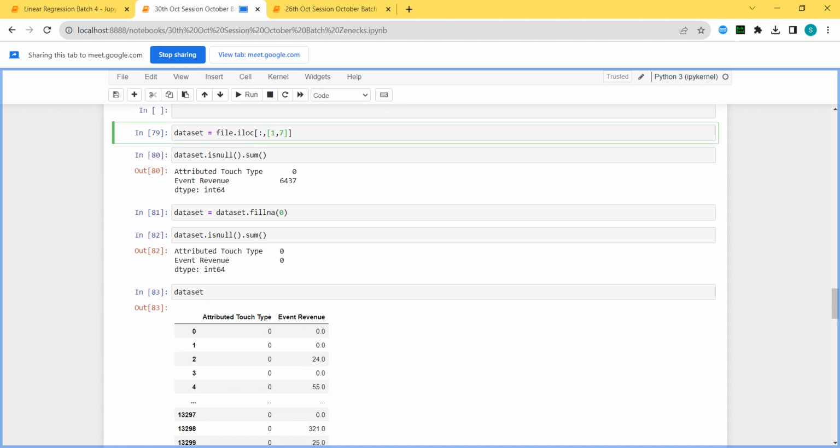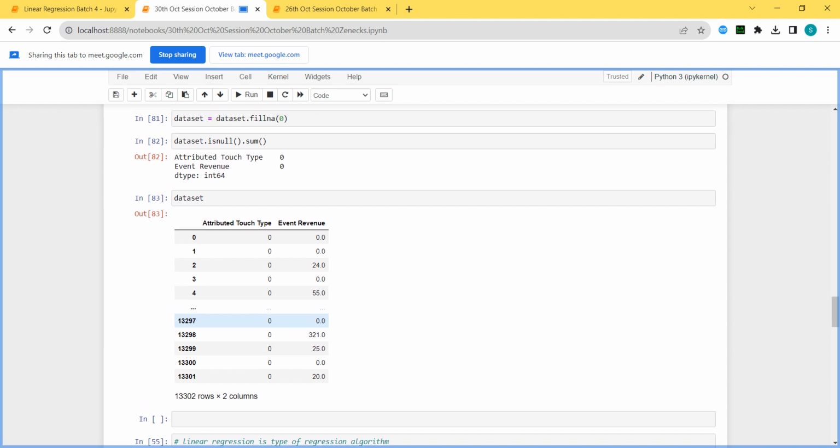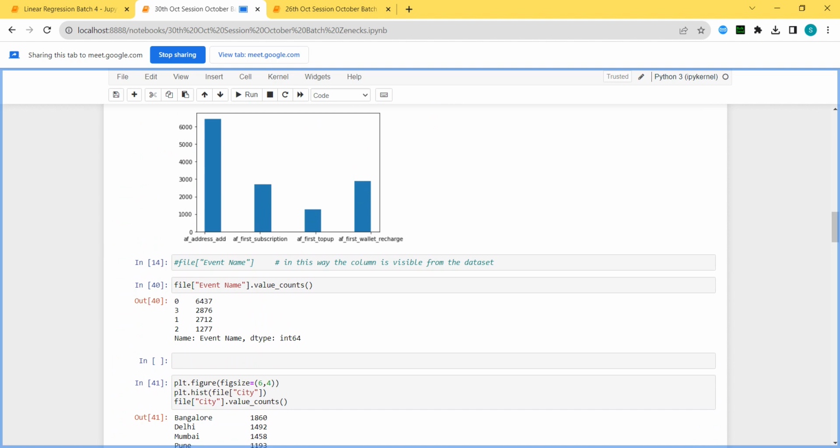So I have checked for missing data. If there is missing data, filled with zero. If no data, remain as it is. So in the attribute touch type, all the clicks are replaced with 0, and all the impressions are replaced with 1. How can you check? You can check with value counts.